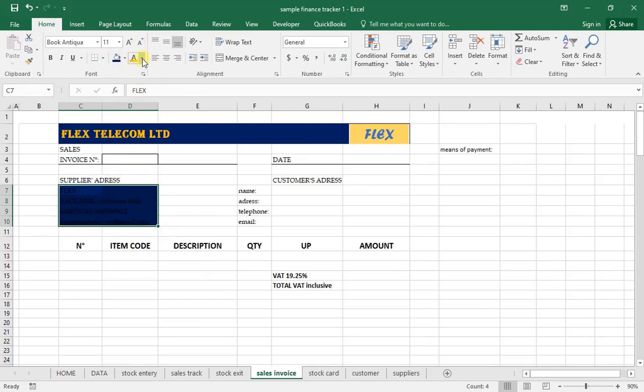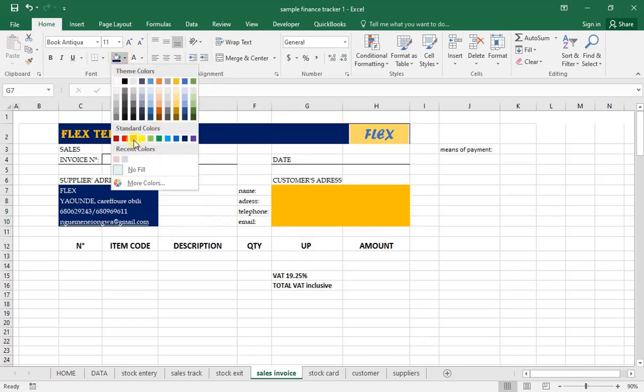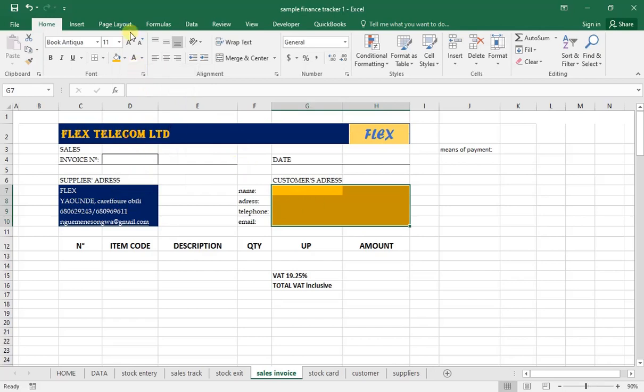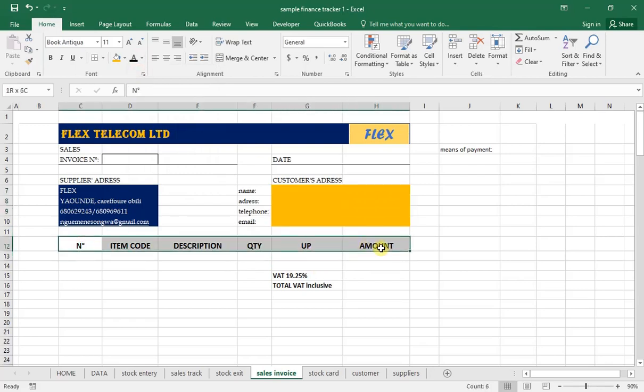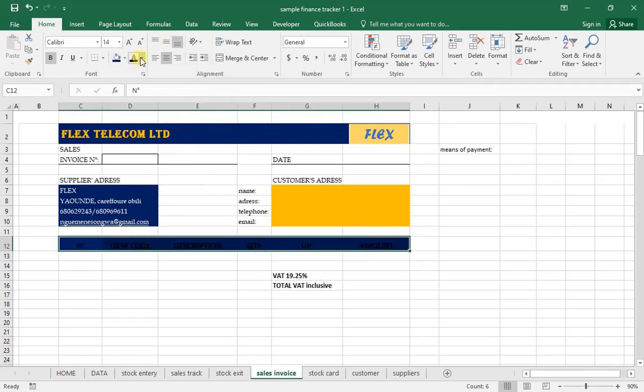Since the writing is not visible, we put it in white, and we can equally decide and put something here like this. It all just depends on you, you decide on what to do, and that is all. So we are equally going to give a color here and change